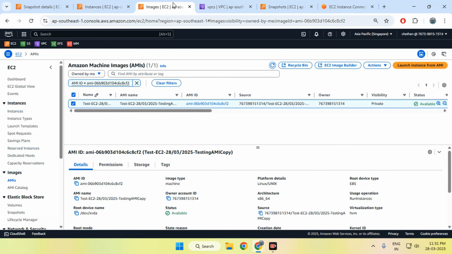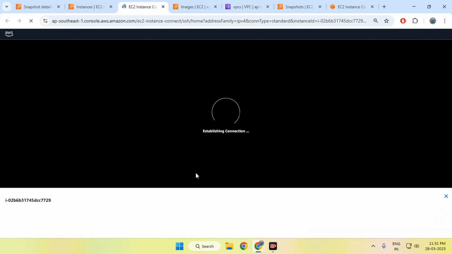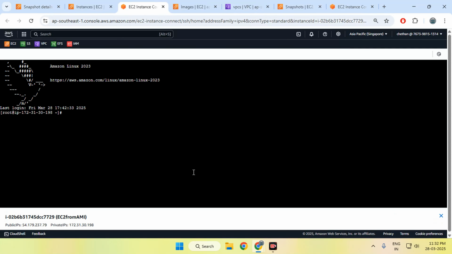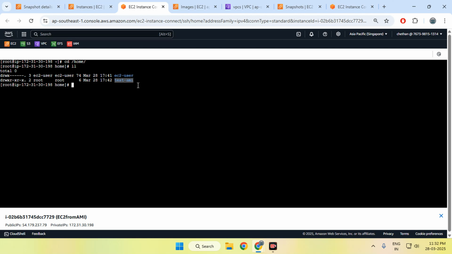So soon, I don't want to waste much time. I'll try to connect this server. Connect. Okay, we got the access. That is great. Take the root access. So if you remember, we had created a slash home folder test AMI. So when we copy from Mumbai region to Singapore region, even our data is getting copied